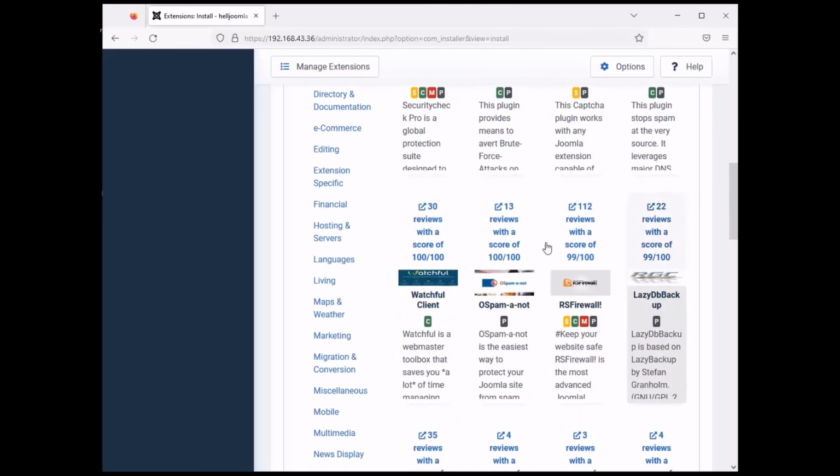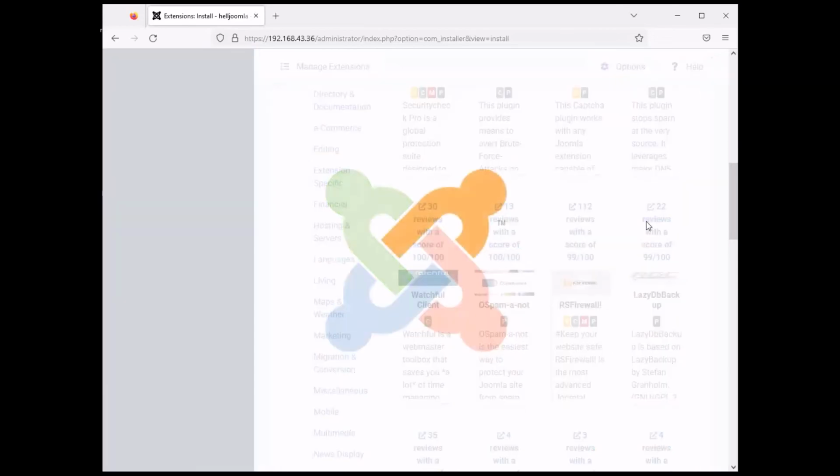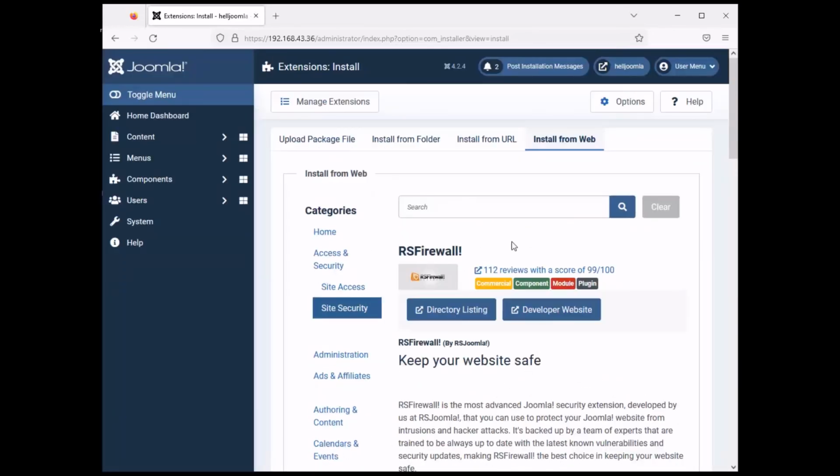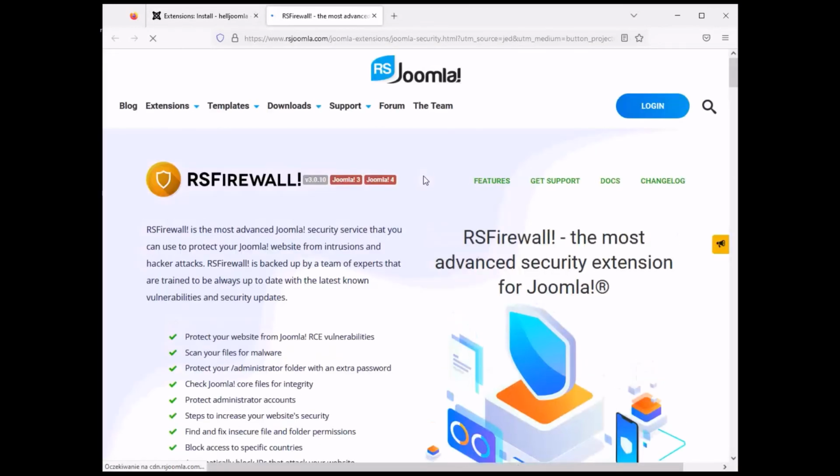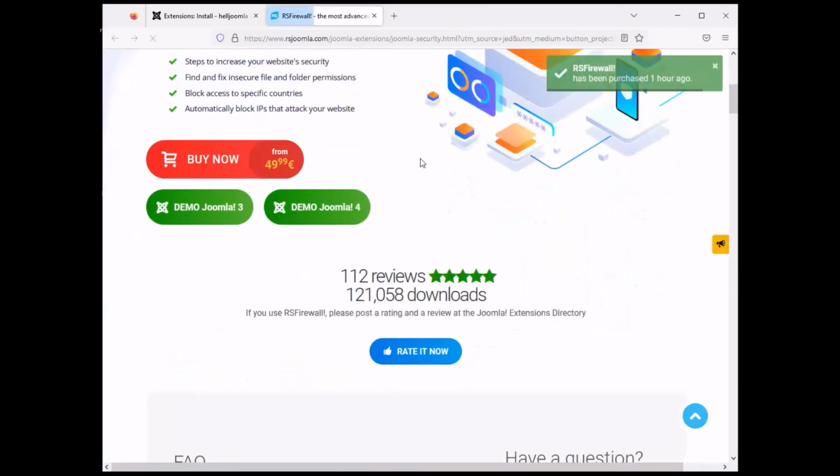There's a thing called Watchful. You can use this. The thing is, after installing the plugin, you need to register on their site and log in. You can use also RS Firewall, if you'll be able to download it actually, because as you can see, there is no install button here. You need to go to the developer website. So it takes us to the RS Firewall developers website,